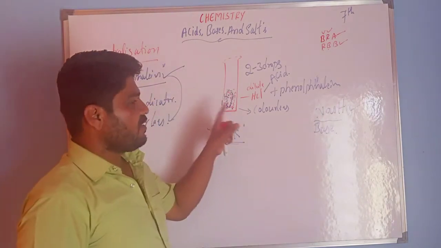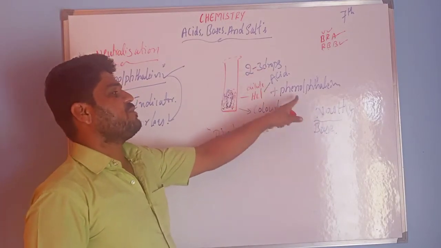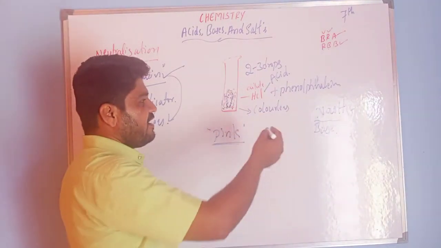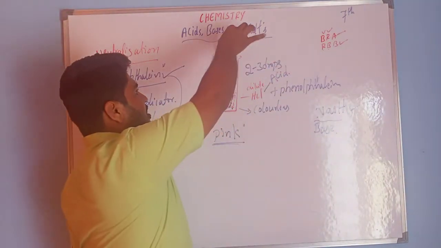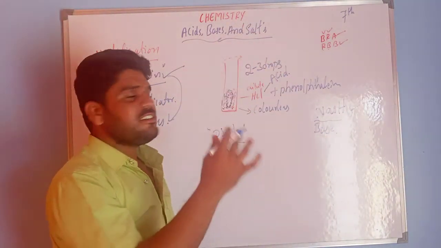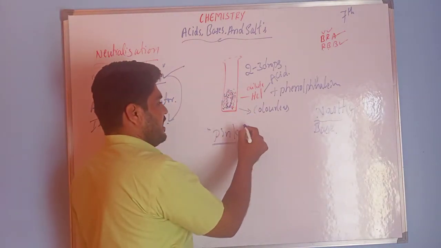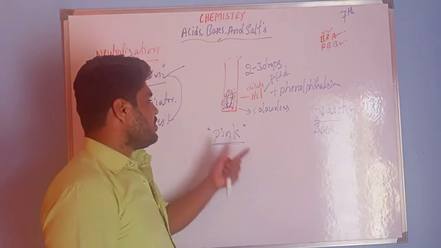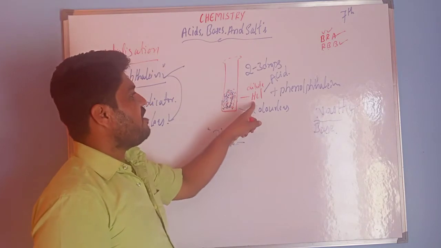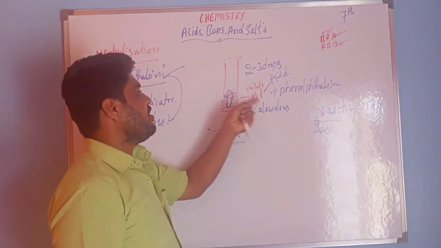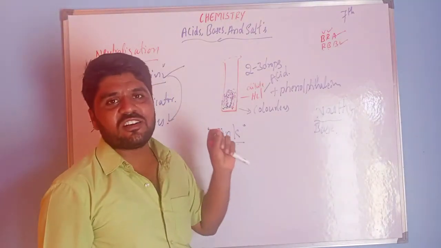So first I am taking dilute HCl. After that, add 2 to 3 drops of phenolphthalein indicator. Then take NaOH in a dropper and add drop by drop. At a certain time, this solution changes into pink color. After getting pink color, now you have to add 2 to 3 drops of dilute HCl. Now, is there any change in this solution?